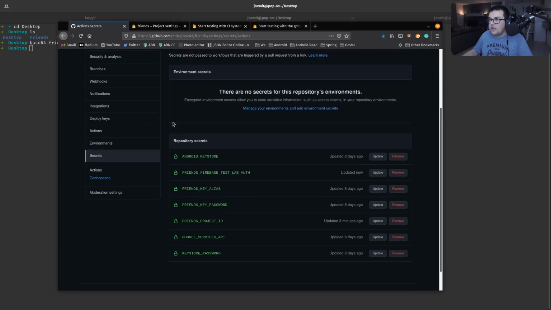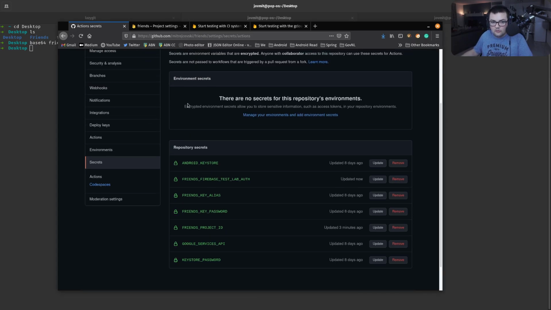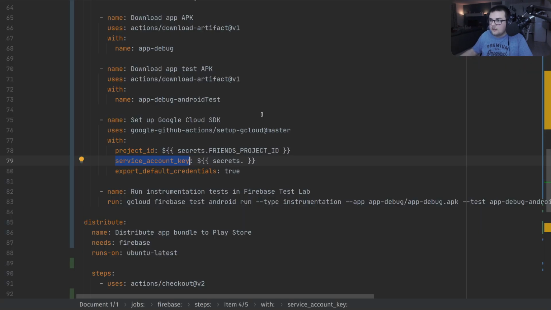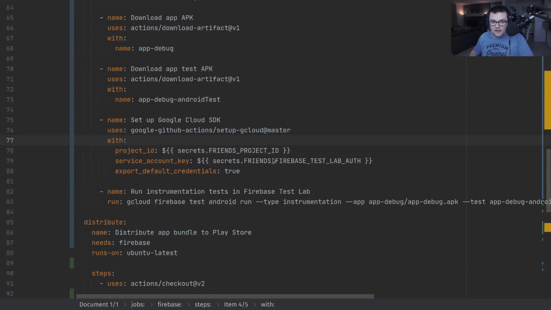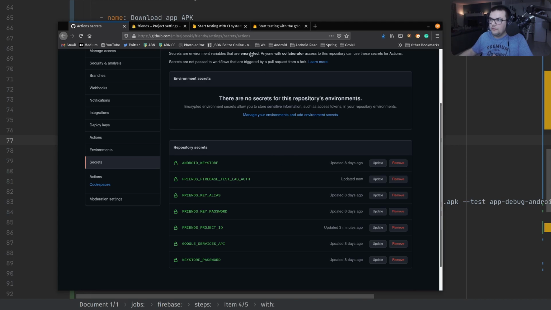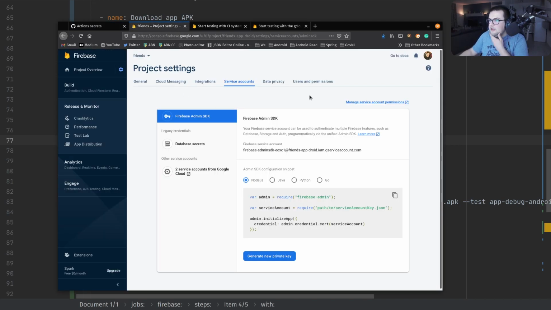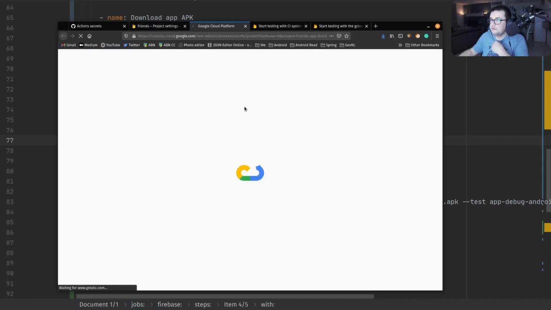That's what I have created, and then what I'm gonna do is back in my script, I'm just gonna paste it here. So basically my script now is ready, so we can push this one, but there are a few more things that we need to do before we will be able to do that. So basically here, first we have to give some permissions. So if you go into manage service account permissions,